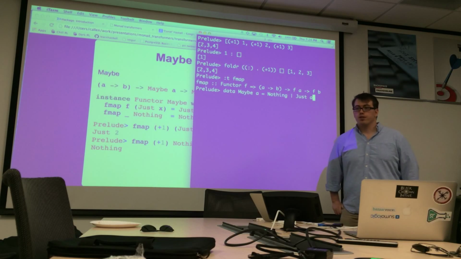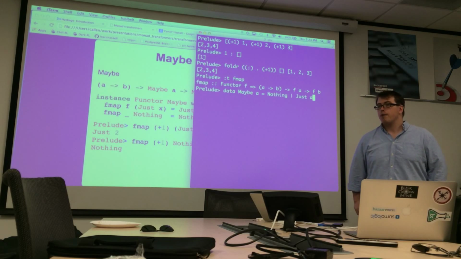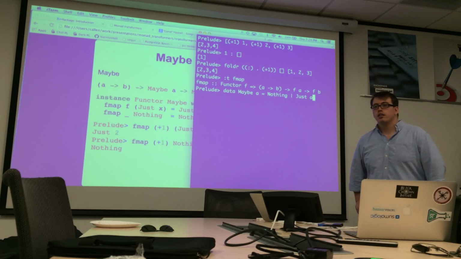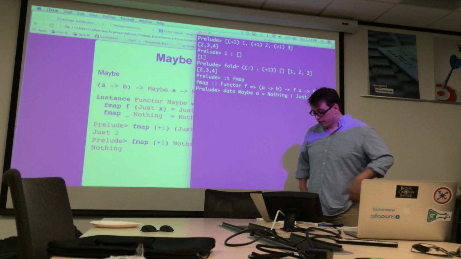In practice, in more serious applications in Haskell, you won't use Maybe that much. You'll end up using Either for validation, something like that. Not terribly different though, same concept. Okay, so